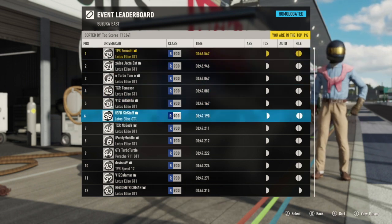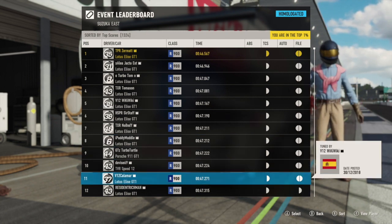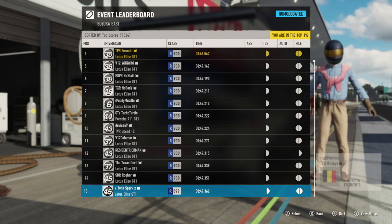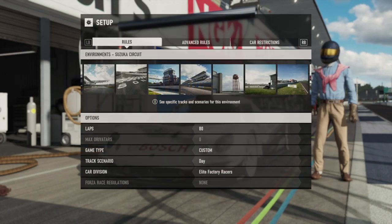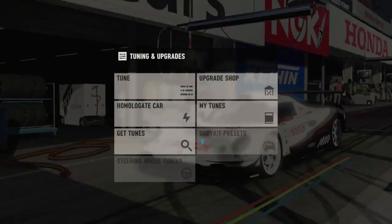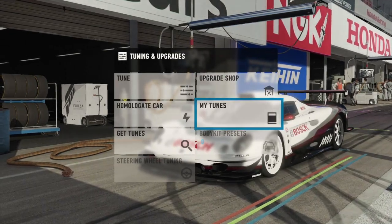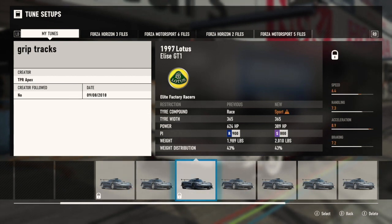Right, let's get in. We're in the Lotus GT1 again, same as what we did with Dave around Sonoma. You guys probably know I've got a setup out, downloadable for this one. This is the version 2 setup which I made the other day, which is shareable. I'll show you on the screen how you can get hold of it, or go to the Suzuka East